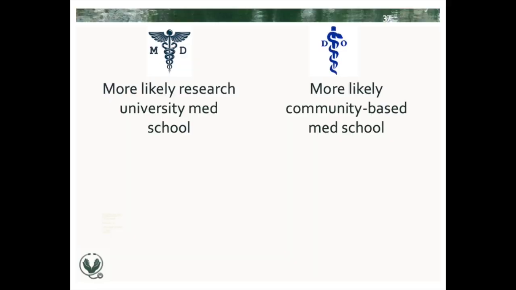We're going to start by making a couple of observations. Most, but not all, MD schools are associated with a research university. Most, but not all, DO schools are community-based. Another observation is that fewer than 10% of U.S. trained MDs will end up going into primary care, whereas almost 50% of U.S. trained DOs go into primary care. As a result of these two things, 95% of the education is the same, but there is a little bit of difference in flavor or emphasis.